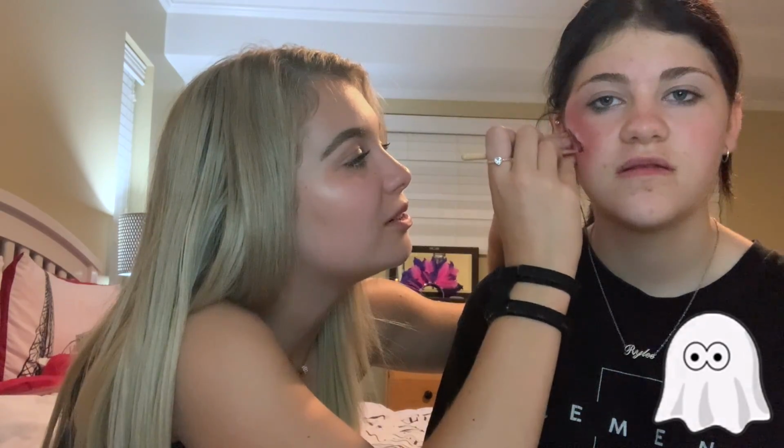Eternity later. Alright, I'm just adding a little bit of flesh tone back into the cut just to make it look a little bit more realistic, just along the outer edges of the cut. Yeah, I don't know what's going on, but I'm having a lot of technical difficulties that have never happened to me before. I'm gonna give you a real black eye with my...